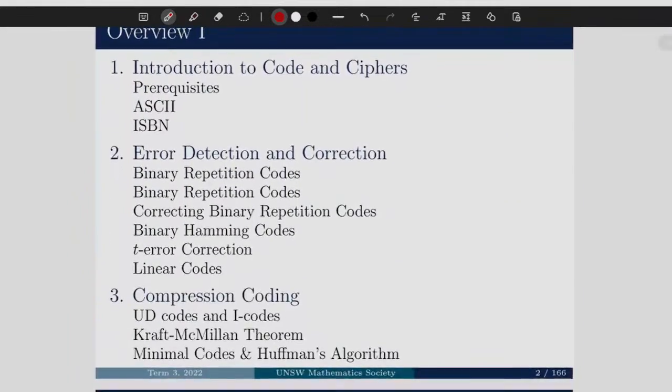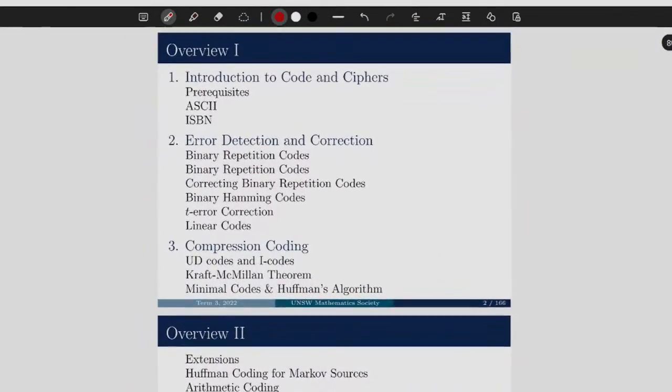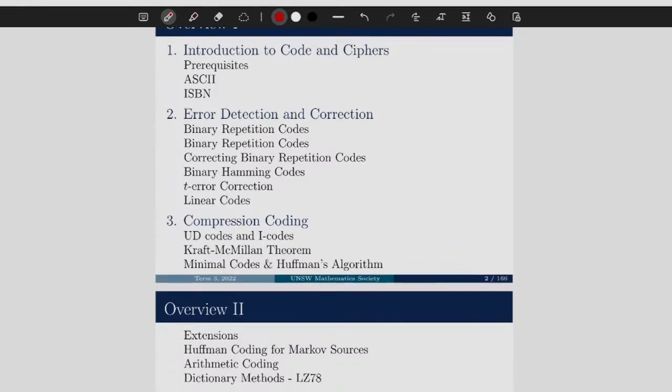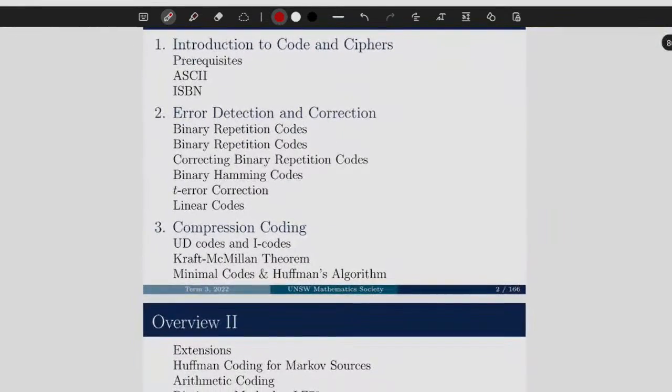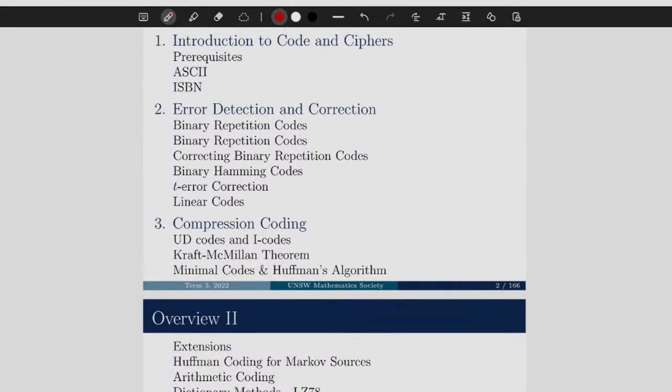Just a reminder, I'm going to be going through the first 3 topics today. That's going to be a classic introduction, error detection and correction, and compression coding. Some of the content may seem a little bit basic, and like we learned this a time ago, but I think it's very, very necessary. Plus, I threw in some exam questions so we can get an idea of what that difficulty looks like. I'm just going to get started then.